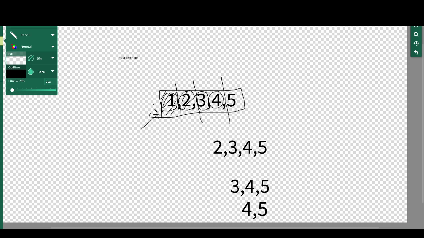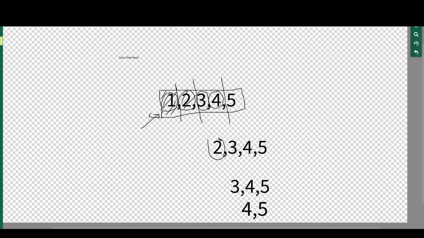Once 1 is covered, then 2 and 3 need to be executed. 2 and 3 here. 1, 2 and 3 is executed. We can draw a line here. Then 3 and 4: we compare 3 and 4, then draw a line here. One condition is satisfied. Then 4 and 5. The last final point: L minus 1 is 4, 5 minus 1 is 4. So the logic is correct.